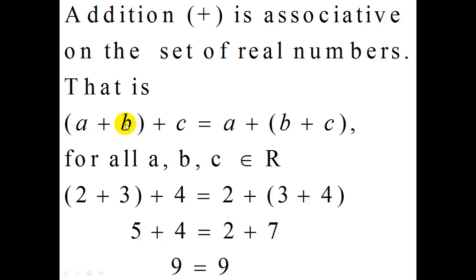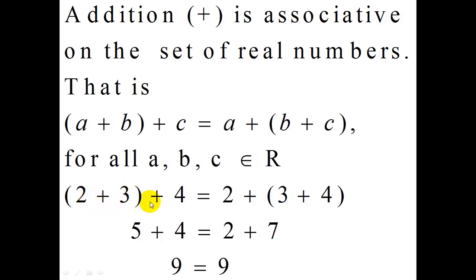Now, let's look at the illustration. Considering (a + b) + c, this is equal to a + (b + c). If the left becomes equal to the right, then it means that the operation is associative. Now, for all a, b, c belonging to R,